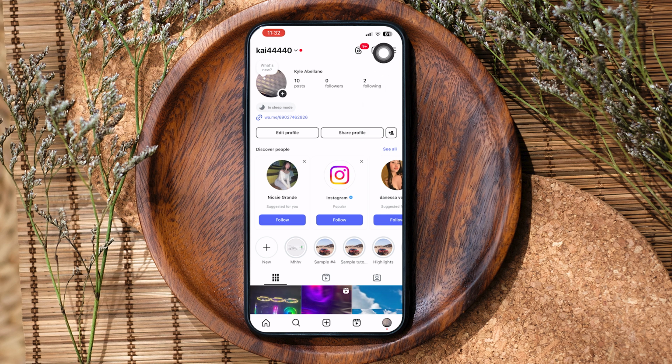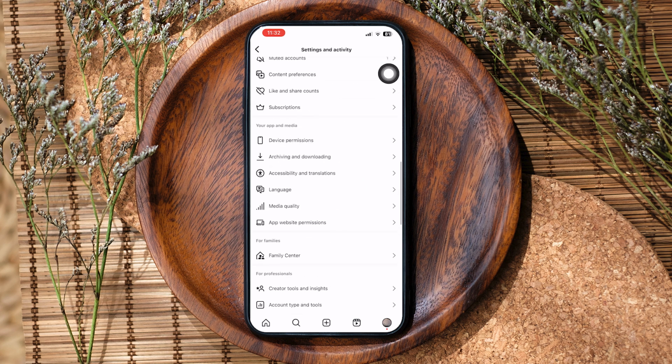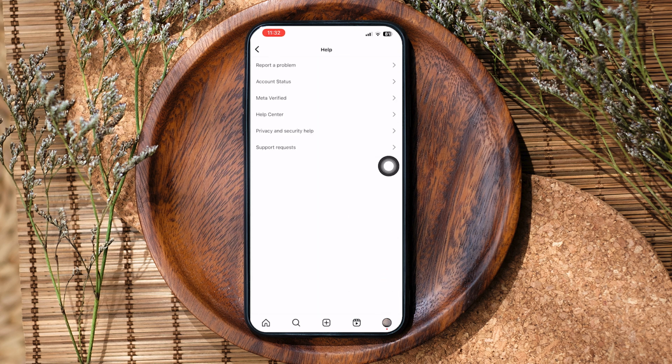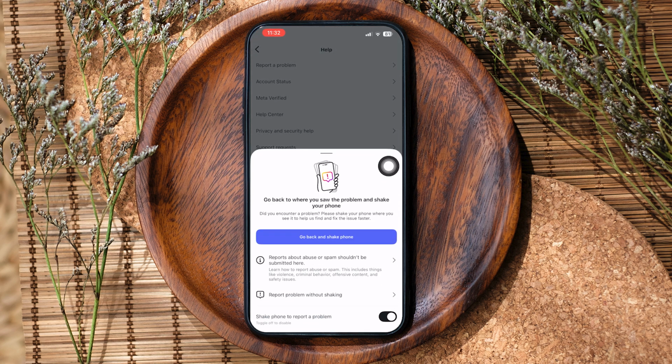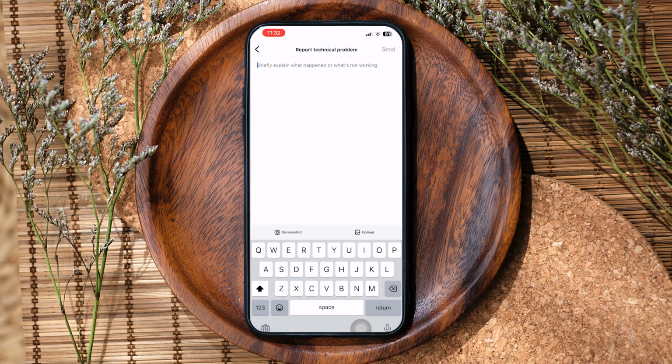three horizontal bars on the top right, and from here you want to scroll down until you see Help right here. Tap on Help, and now you want to tap on Report a problem, and from here tap on Report problem without shaking, and then tap on Include and continue, and from here you basically want to talk to the Instagram support, and from here you would want to say that, hi, I want to unfollow